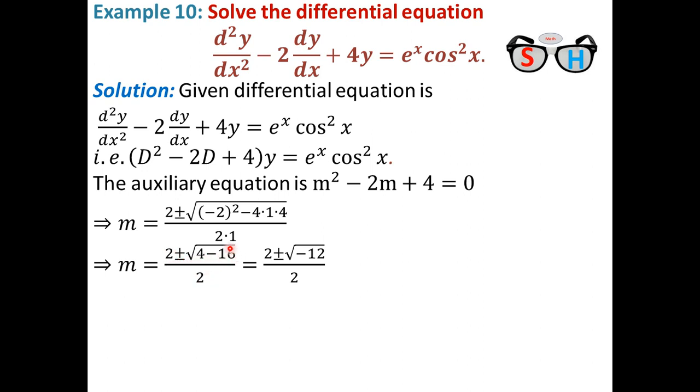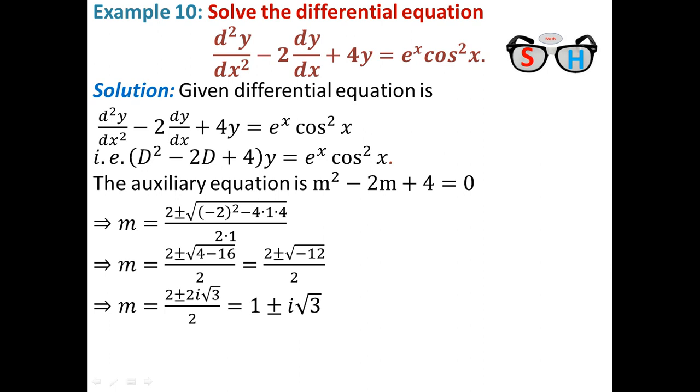This is minus 12, and minus 12 means 4 into 3, which is a negative quantity, therefore the result will be plus minus 2i root 3. If you take 2 common from the numerator, it cancels with the 2 in the denominator, so the result is 1 plus minus i root 3. That is the value of m in the form alpha plus minus i beta. Therefore the complementary function will be e to the power alpha x into c1 cos beta x plus c2 sin beta x, for arbitrary constants c1, c2,